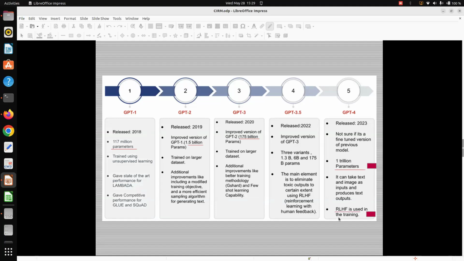And the second thing is RLHF, reinforcement learning through human feedback. It sounds very technical, but it's a very simple thing we often use in the classroom. Say, for example, we are asking 10 questions to the class, and on average, 7 or 8 are correct. Three questions, everybody went wrong. So what do we do as a teacher? We say that most of you could not answer these three, and this is the right answer, and this is the reason why it is the right answer. So that means your students are learning through your feedback.